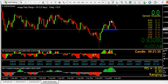What else have we got here? Well, we've got a three-candle reversal. Well, that was an engulfing three-candle reversal through that red candle there. An engulfing candle there. Big wick there. So all of these are strong selling candles, a hammer or a shooting star, whatever you want to call that,